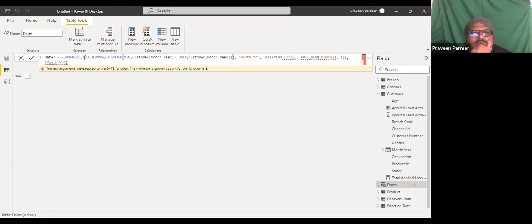Some parenthesis problem, I think. Now we are getting calendar. This calendar, okay. Add columns. Let me check it.